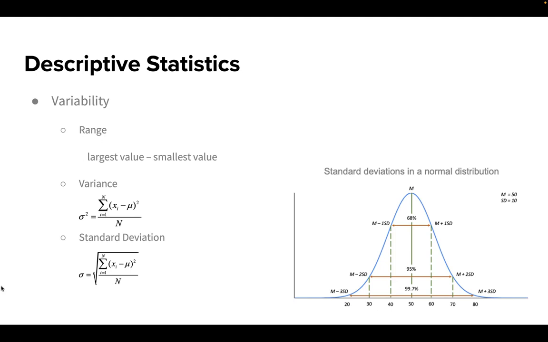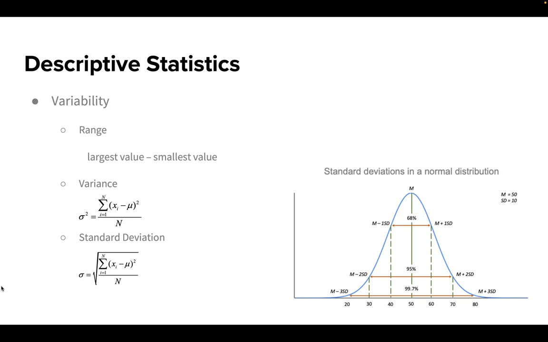And by a large portion, I mean 68% will be either median plus one standard deviation down to median minus one standard deviation. And that is the definition of